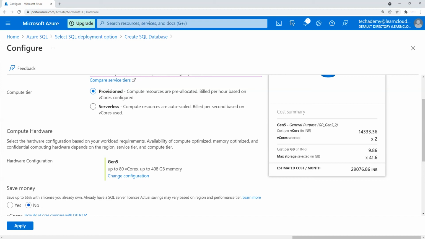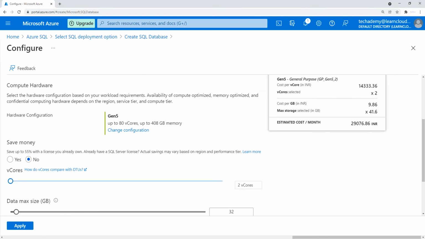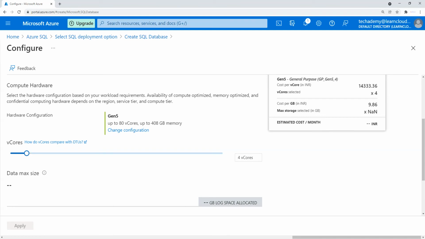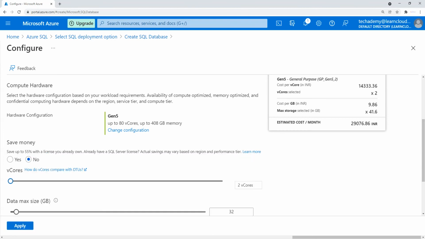So for this Gen pack, for 1 vcore it is 14,333.36, and how many vcores has been selected? 2. So if I just come down here, you can see that 2 vcores are selected. If I select more than 2, what will happen? Again it is calculating that vcores. If I go back to the default one, again the pricing will change, and you can